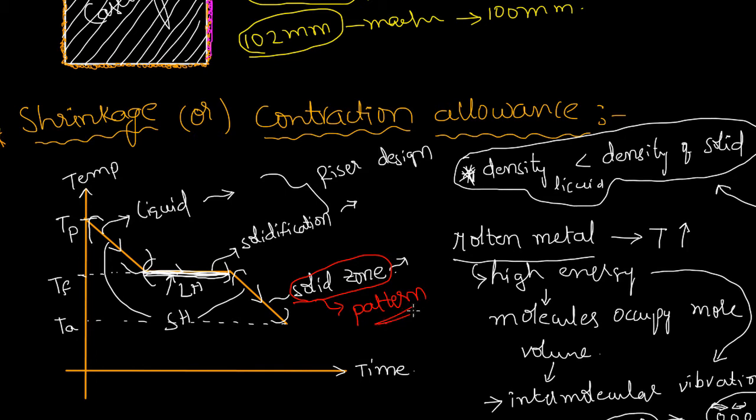The pattern is required to compensate for the solid shrinkage, not for the liquid and solidification shrinkage. Liquid and solidification shrinkages can be compensated by riser design, providing riser, right? The solid shrinkage can be compensated by pattern only. Please make sure that only solid shrinkage, again I'm telling, the liquid and solidification shrinkages are compensated by riser, and the solid shrinkage is compensated by pattern. Okay,